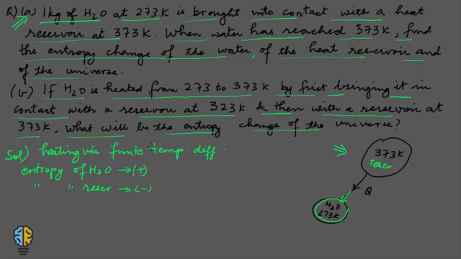Now the net entropy change of the system, and the system over here is water, this would be a definite positive value. And the water which is being heated, it is being heated irreversibly. But to find the entropy change of water, we have to assume a reversible path between the end states. So the equation would become